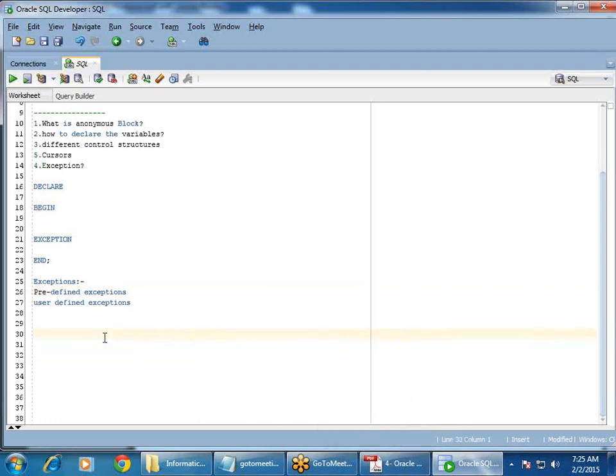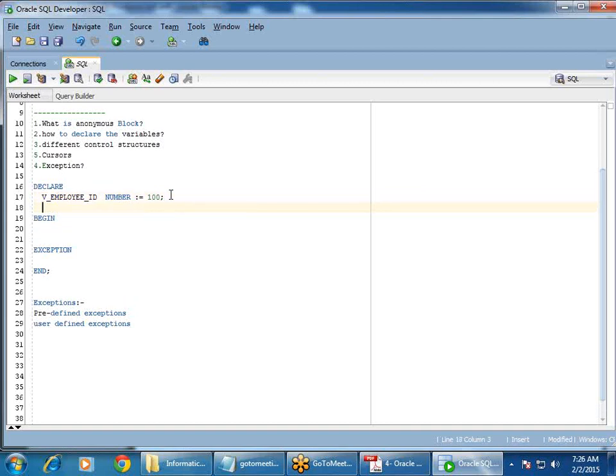Before stepping into that, I would like to introduce one more type of cursor that we use, that is an implicit cursor. Let's say I will pass the employee ID and I just want to print the employee name. That is my program. Let's say 100 is the employee ID, and I need to fetch the employee name of this employee, the last name and first name concatenation. So let's say varchar2 of 100,